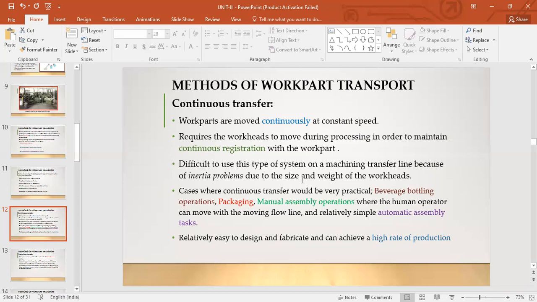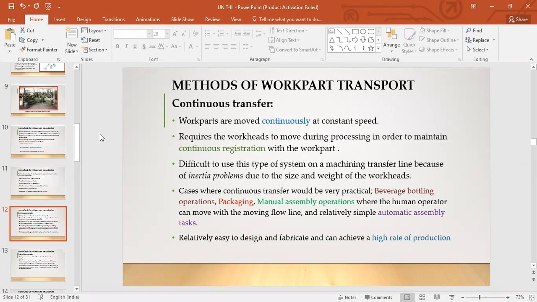It is difficult to use this type of system on a machining transfer line because of inertia problems due to the size and weight of the workheads. I told you, right? Even the workheads' size and weight, inertia you have to consider, not just the workpieces. The workheads also carry some weight, isn't it? So you cannot implement this kind of system, it's difficult to implement on a machining transfer line, wherein specifically you are looking at manufacturing, right? So because of inertia problems, cases where continuous transfer would be very practical